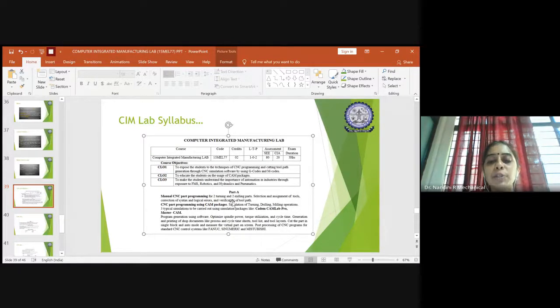So for any 2 turning operations and any 2 milling operations, you will write the program manually, and then you will check the syntax for any errors using G codes and M codes. Then you will use CAPSTURN and CAPSMIL, write the program in the software, and run the simulation to see whether you are getting it properly or not. So it is the reverse. So you have 2 parts in part A.